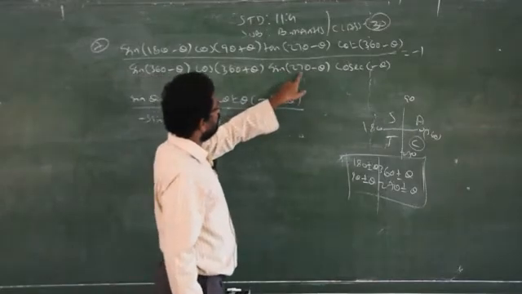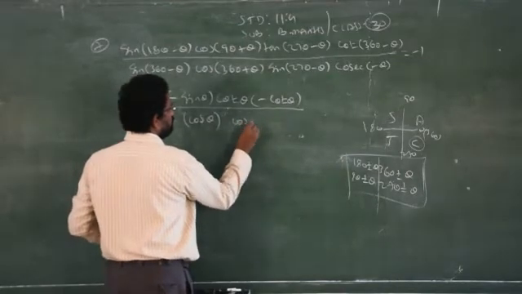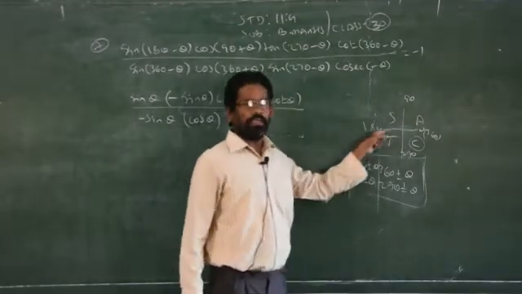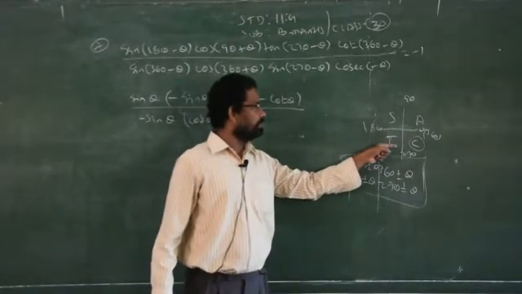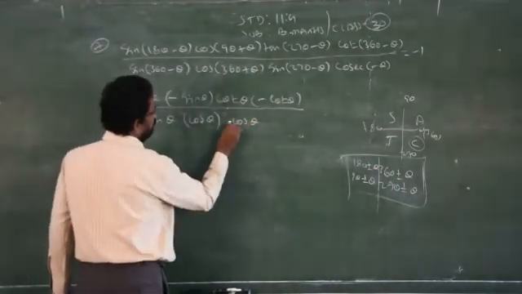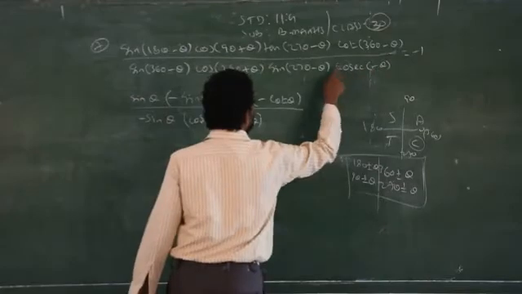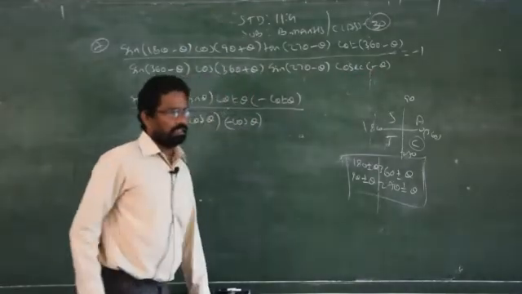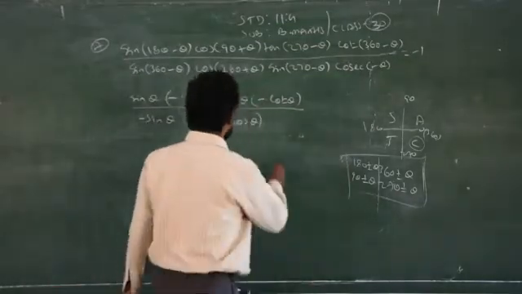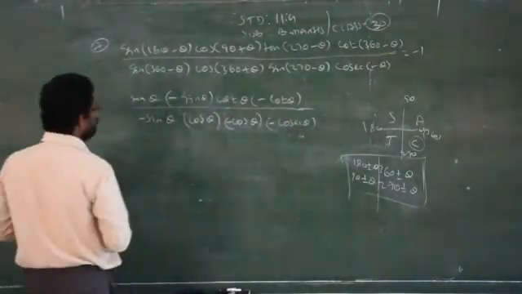Now sin 270 means what? There will be a change in the ratio, sin will become cos. 270 minus theta comes in the third quadrant. Therefore, in the third quadrant, tan theta alone is positive, but here it is given sin. Therefore, you will have to write minus. What is the last one? Minus cosecant theta. I told you, other than secant and cos, these are called odd functions. Therefore, it is an odd function. You will get minus cosecant theta. Now you simplify the sign first.